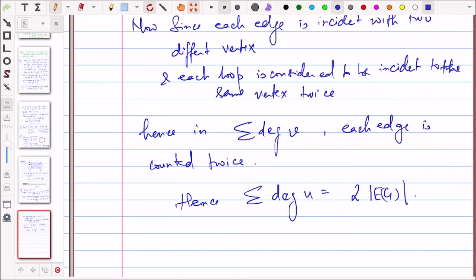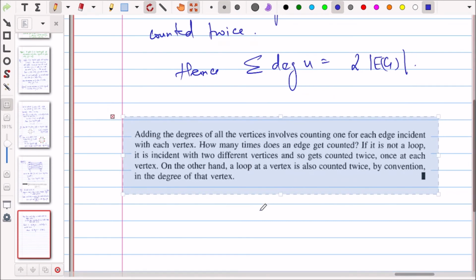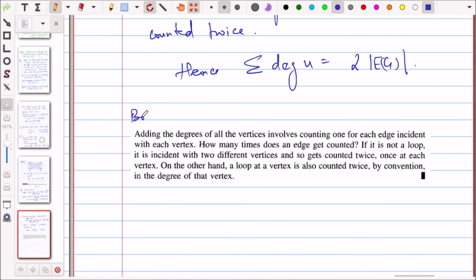Is it fine? Everyone, is the proof clear? Yes, sir. ये बुक की लैंग्वेज होगी,